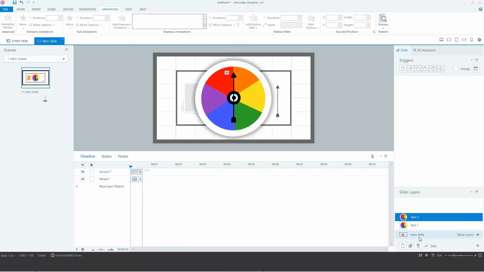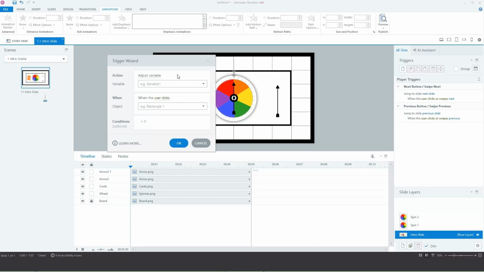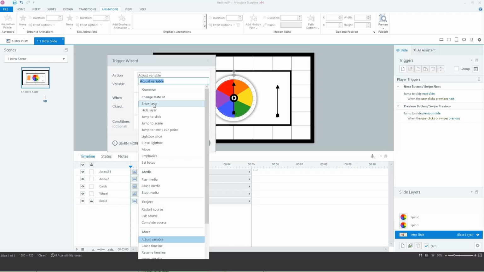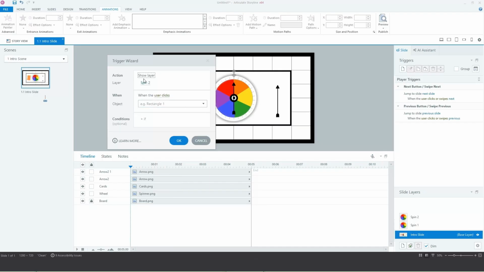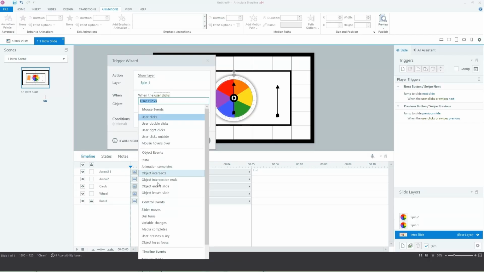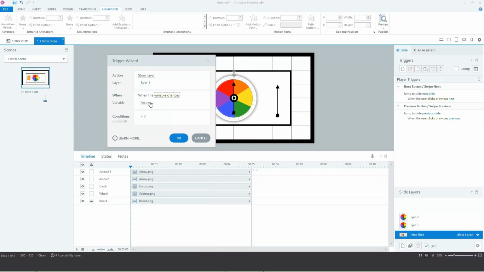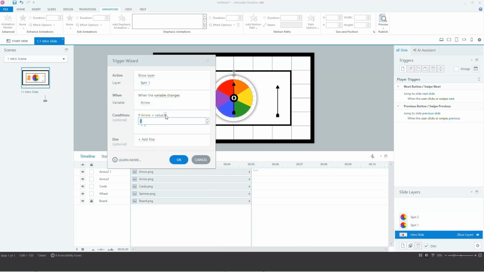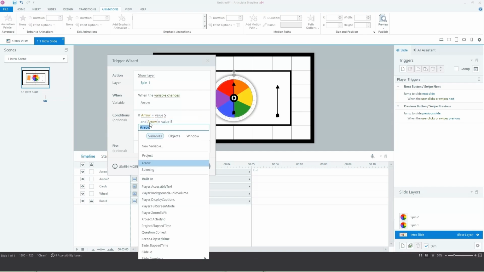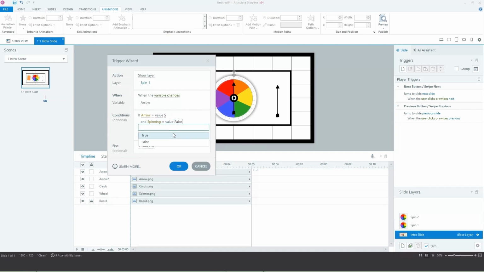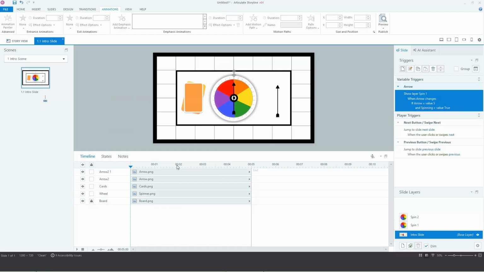Back on the base layer, we'll create a trigger so the Spin 1 layer appears whenever the arrow variable changes. Add a new trigger. Show Layer, Spin 1, when variable changes, arrow. Now add an if condition. In the Conditions section, set it to run only if arrow equals 5 and spinning is true. In other words, the spin will only trigger when the user drags the arrow to 5 and the spinner is